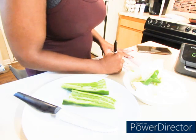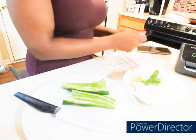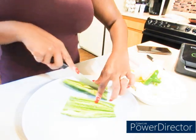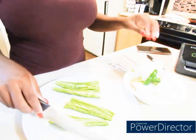I'm going to put 6, 16, 21. Alright. And to keep from dicing, because once you take them out, you can dice them yourself when you get ready to use them. But to save time right here,